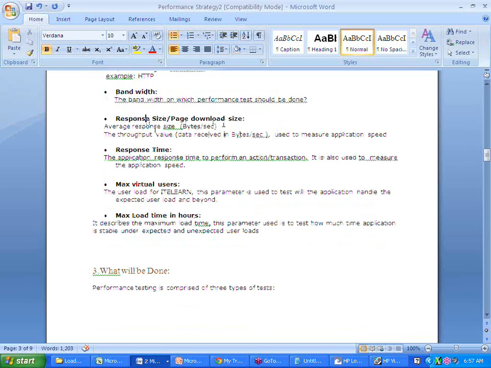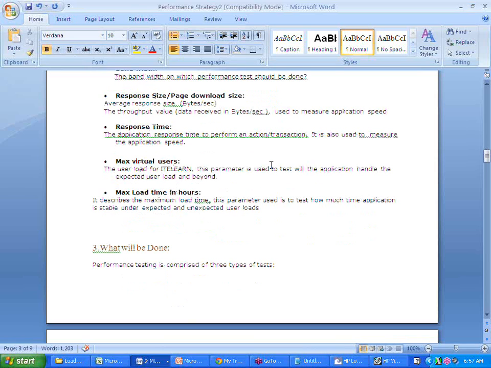So response size or page download size, you're going to mention that, and response time, what is the application response time, how much time it is taking to give information back when you're asking something on your website. For example, if you're logging in by giving your valid credentials, username and password, what is the time taken for the page to get refreshed and log in to your account?